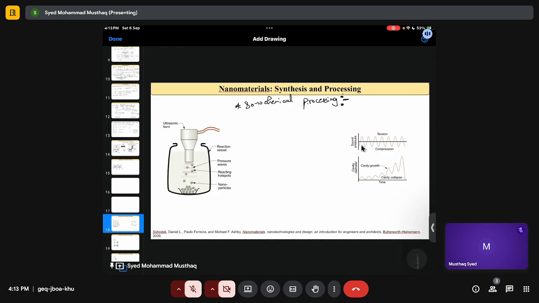Now, how do we do the sonochemical process? Again, the basic theory behind this is, see, how do we differentiate a solid and liquid surface, or a solid to gas surface? So whenever you have a liquid,